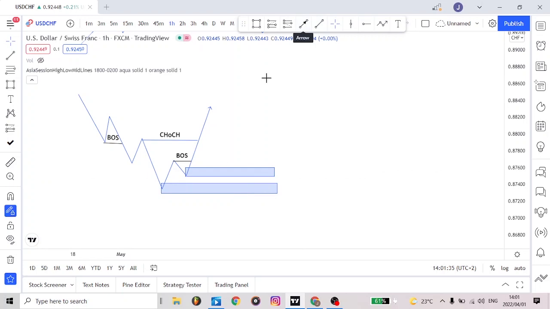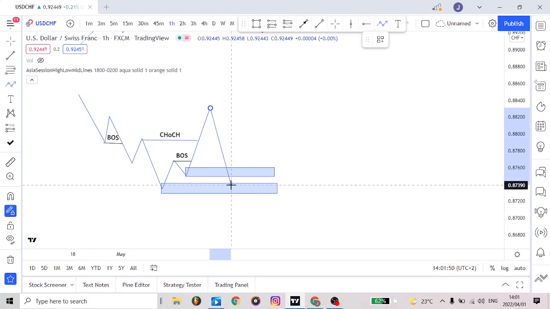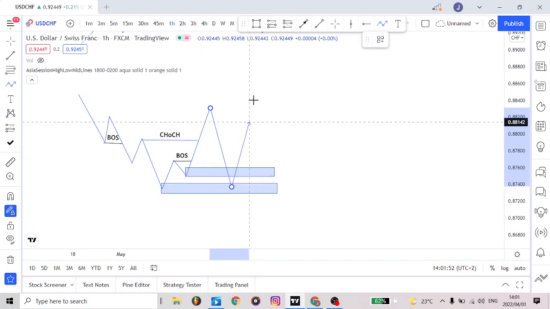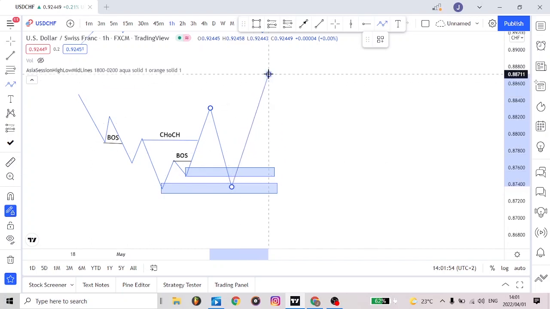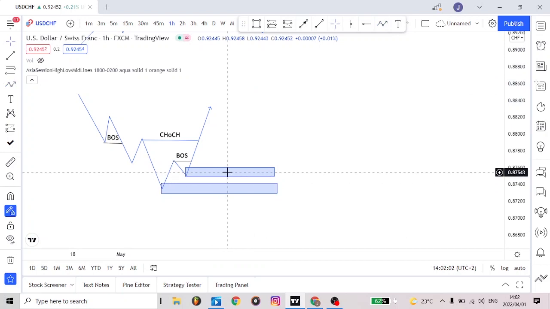Because sometimes the market, you might think it's creating a flip here, and then you see the market push down, and you think it's going to change here. You put your buy limit there, and then the market shoots down, coming all the way to this zone, and then starts pushing up. Okay, so there are things that you should know. You should know what makes the market turn at this level, not this level.